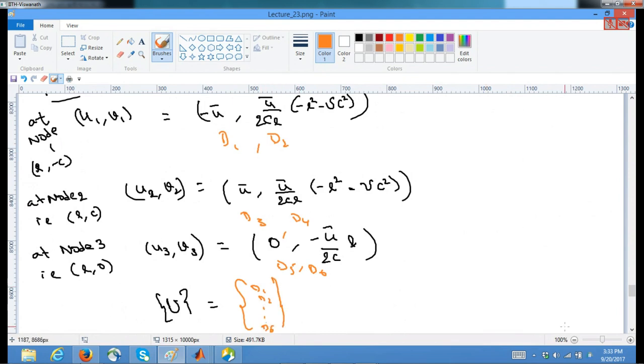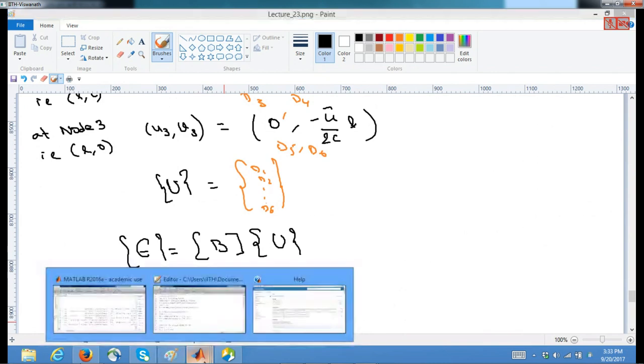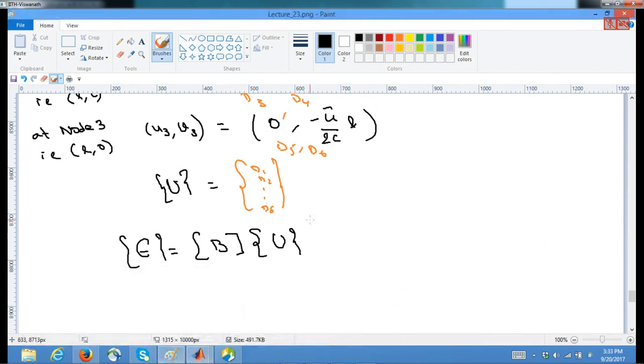And strain is given by B times U. For convenience I'm directly deriving it, but B you can derive using a finite element program, such as a MATLAB program, or you can try to do it yourself with pen and paper, so it's not a big deal. If I compute using this expression for the B, which is obtained through the above procedure which I've shown,